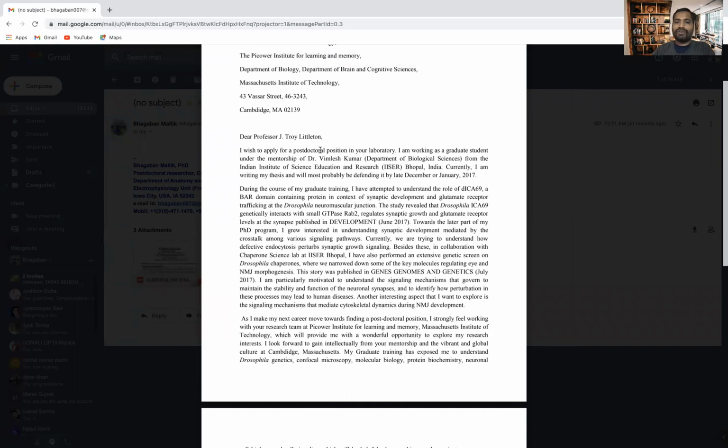postdoctoral position, or you can write the PhD position in your laboratory. I am working as a graduate or undergraduate student under the mentorship of Dr. Bhimlesh Kumar, my PhD mentor, in the Department of Biological Science, Indian Institute of Science, Education and Research, Bhopal. Currently, I am writing my thesis and will most probably be defending it by late December or January 2017. This part is very important. You have to mention clearly when you are going to graduate or defend your